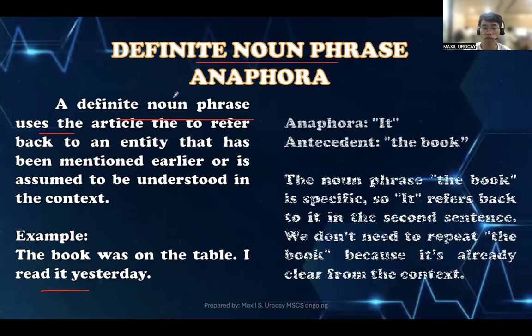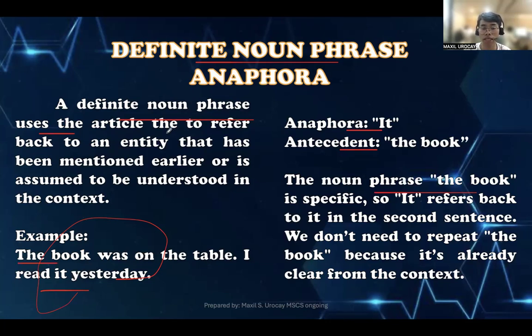So what we are looking at, the anaphora right there in our example, is "it", wherein the antecedent is referring to the book. The noun phrase "the book" is specific, so it is referring back to that second sentence. We don't need to repeat the words "the book" because it's already clear from the context. So hopefully that's